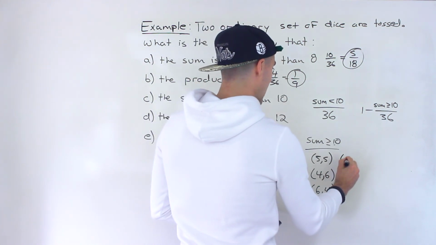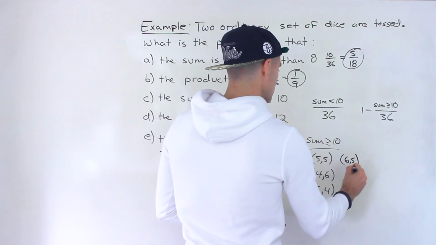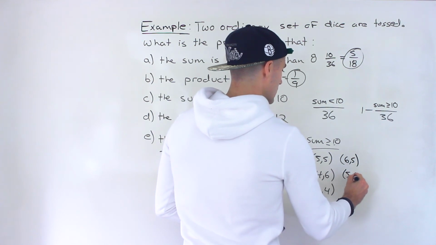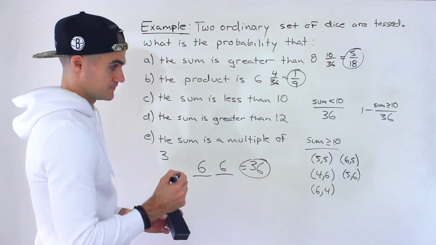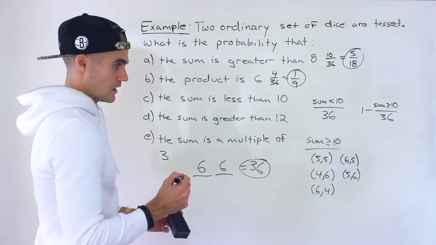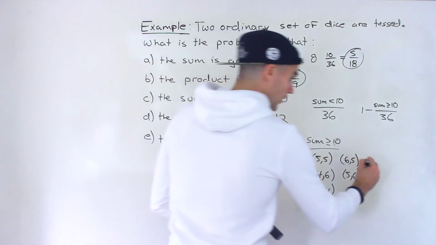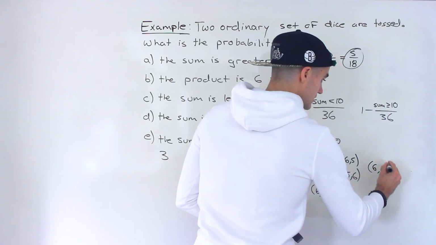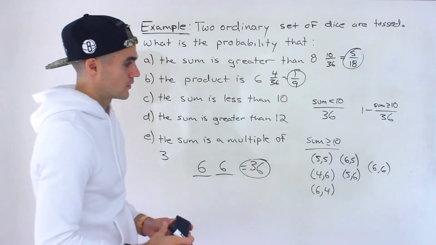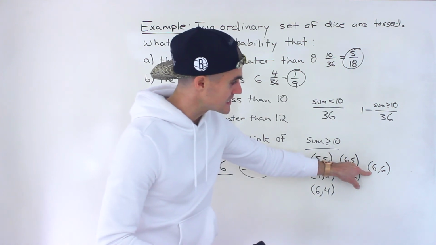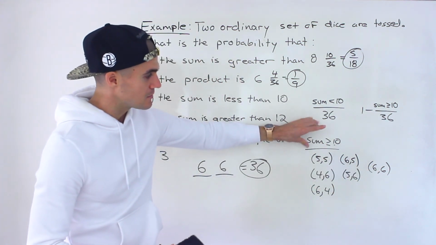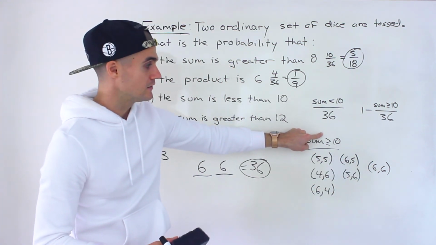That can only happen as 6 and 5, 5 and 6. There's no other way that it can happen. And then a sum of 12 can only happen one way, 6 and 6. Right? So there's 1, 2, 3, 4, 5, 6 possibilities for the sum being greater than or equal to 10,